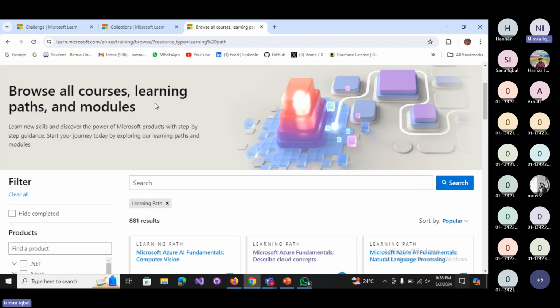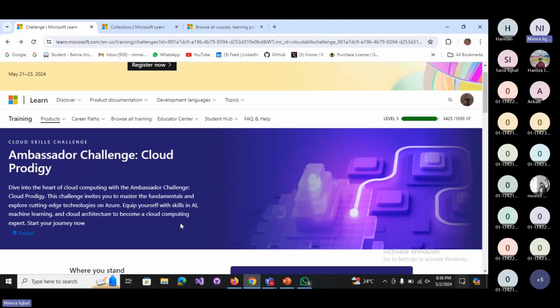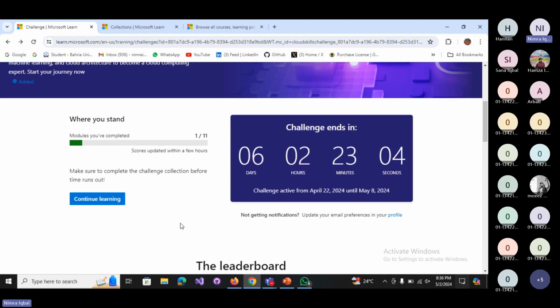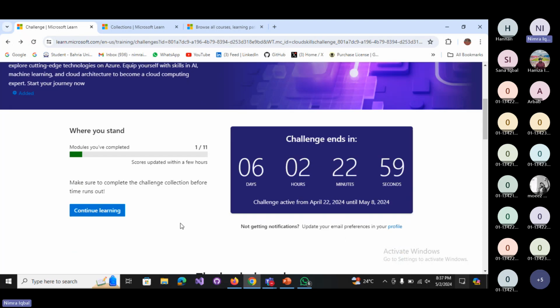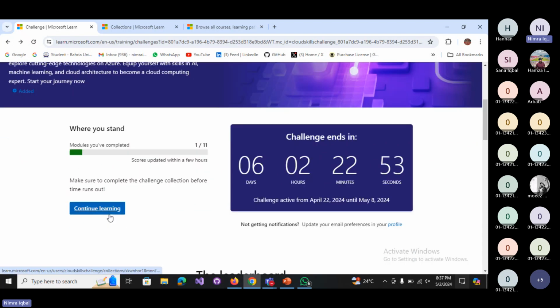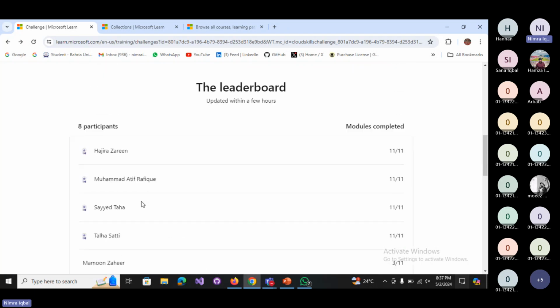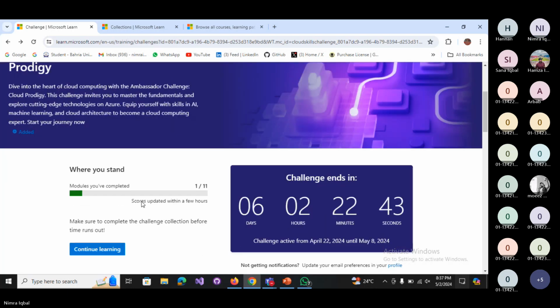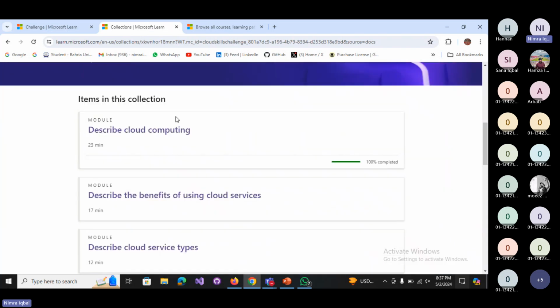Okay, now let's talk about the challenge. चैलेंज आपको of course LinkedIn में और हमने जो आपको WhatsApp channels में एक message send किया था उसके along there will be a challenge link, so you can access this challenge with that. So basically in this challenge there is the Ambassador Challenge Cloud Prodigy. जो मैंने चीज़ें आपको पहले बताई हैं इस पूरे meeting में, they are basically a prerequisite for it, an introductory session for it. So after joining this challenge, you are going to come to this page which has different modules.